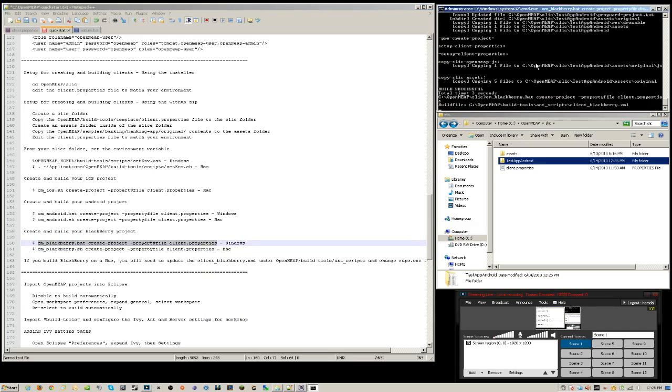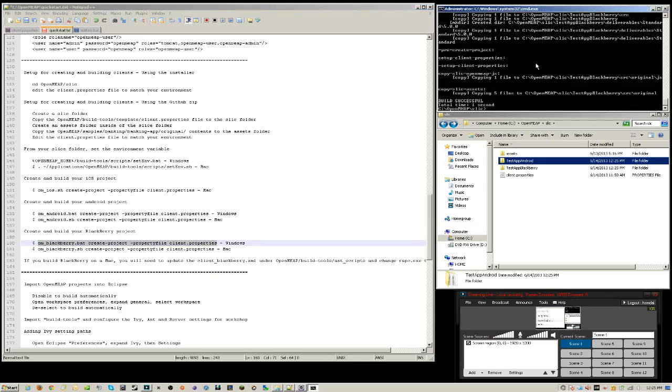It should create a BlackBerry project. Same thing. The output of the BlackBerry project has everything you need to run in the simulators and create apps for that. So once you're done with this process, you're ready to go ahead and get into the server, set up the